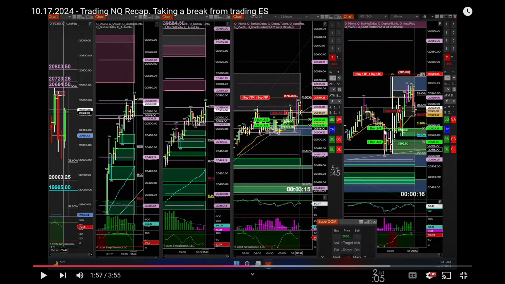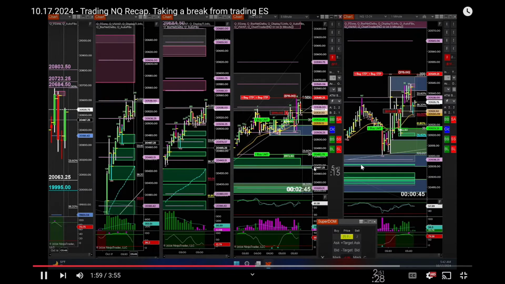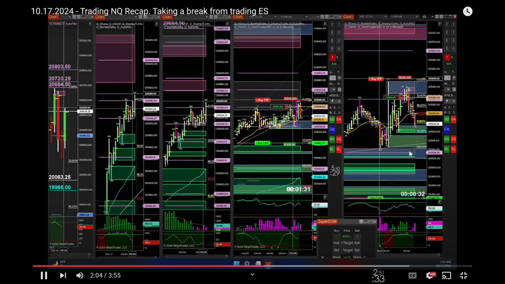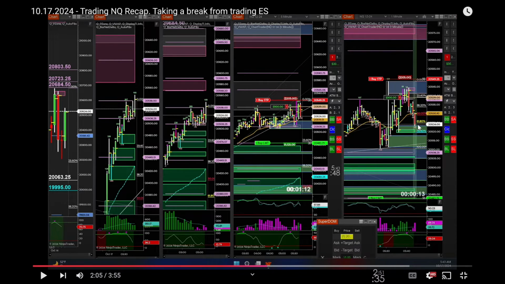I put my first buy limit right at this particular demand zone here, and then I believe once this target was hit, I moved my target all the way down to 2042. Just for a run, just to see if it does run. It tends to run pretty quickly. So I see an accumulation bar there. I wasn't too worried about that. Okay, so I hit my first target, and then I decided to move this over here and just kind of trail my stop here.